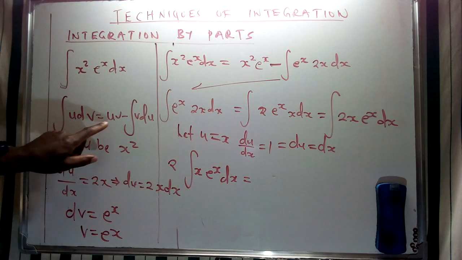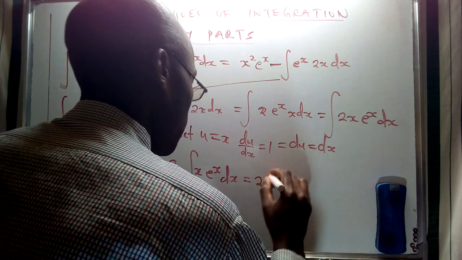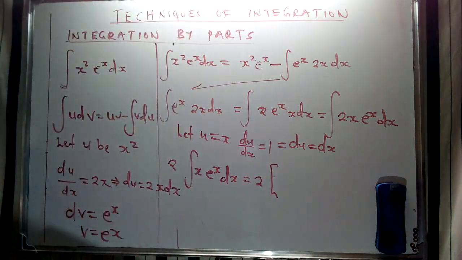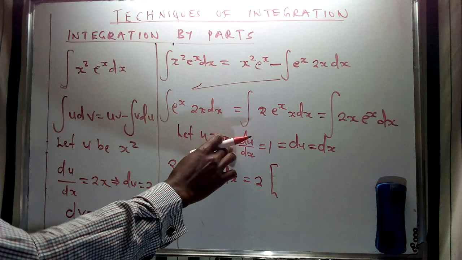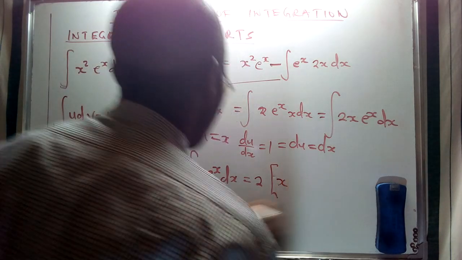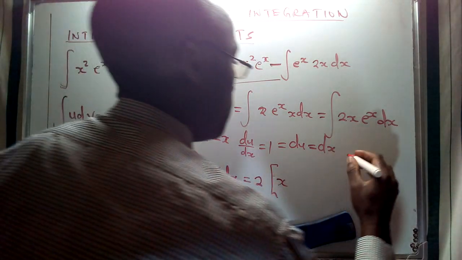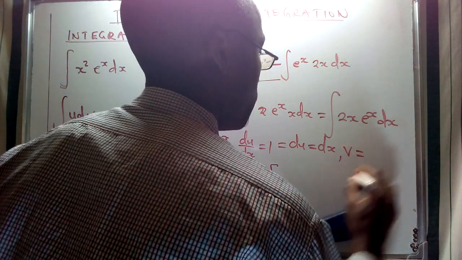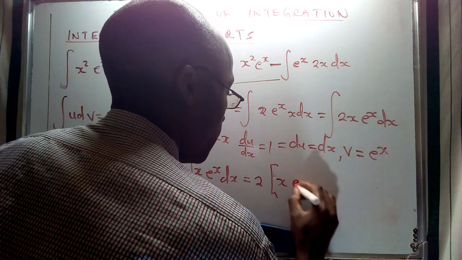So if we do a direct substitution for this formula, we are going to have 2 as a common factor, which is a constant multiple being taken out. And then my u is going to be the x that I've given at this specific part. So I'm going to have x. And then my v: the rather complicated portion is represented by the exponent of x, so my v is going to be represented by e^x,